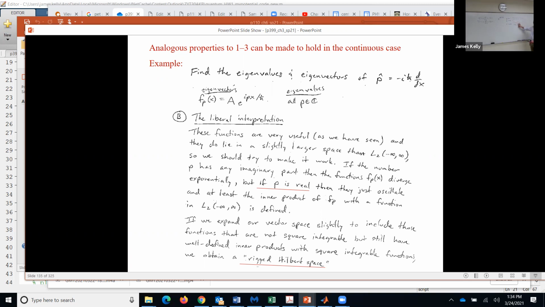And we're not going to allow the amplitude of an oscillatory function to blow up exponentially either. Because if you take the inner product of any one of these kinds of functions with a square integrable function, it might not have a well-defined inner product. And that's because I might have defined a square integrable state that is